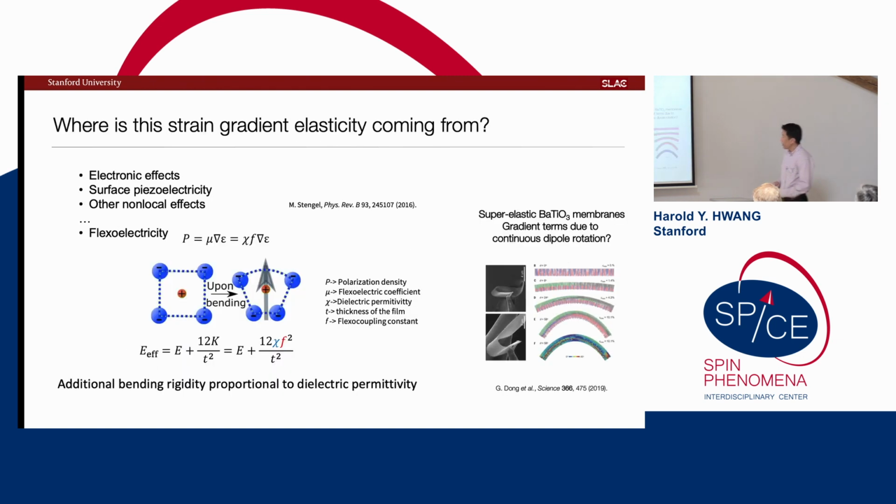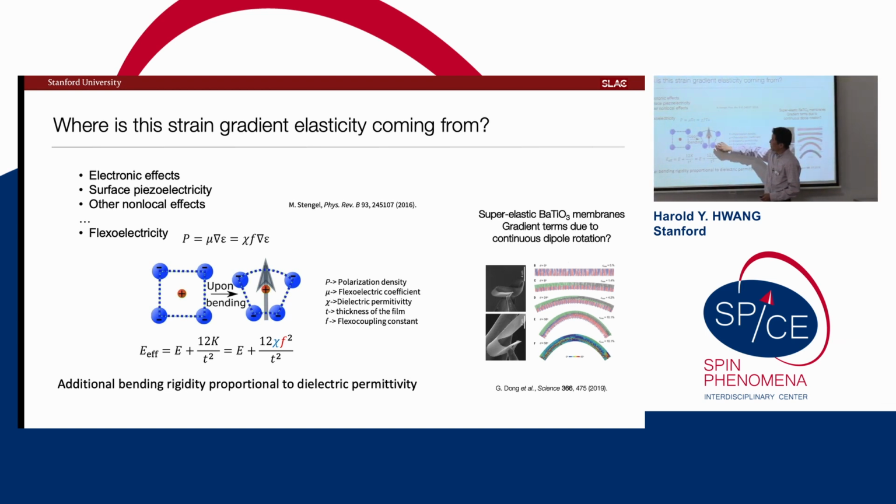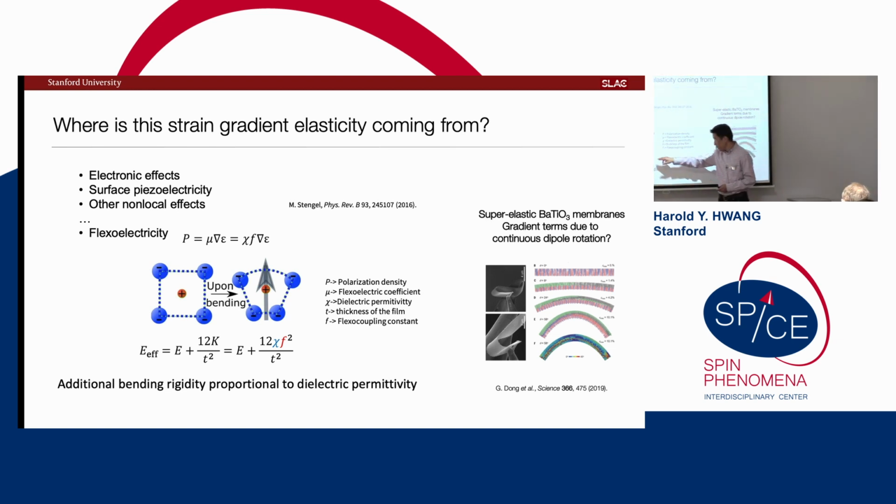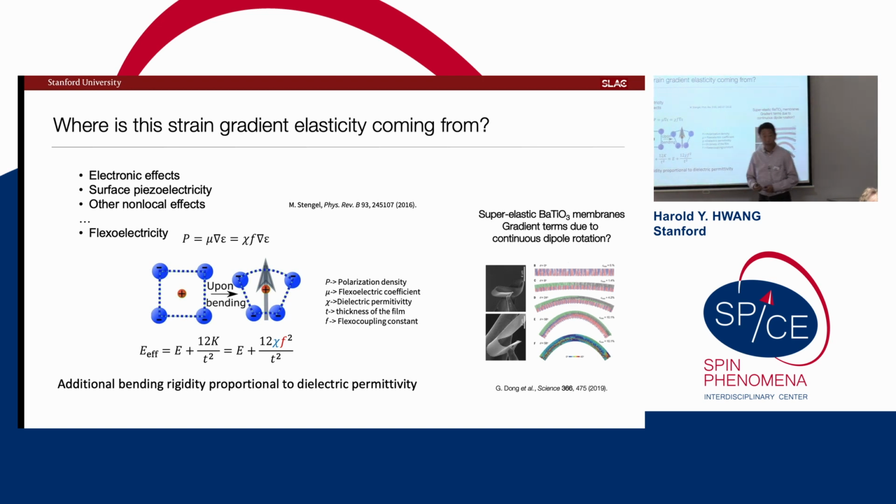What do we think is happening? There's all sorts of things that could happen. I think my time's up. We suspect that what we're seeing is a dominance of the flexoelectric contribution, the polarization that we induce upon bending. And again, the bottom line story is this gradient term scales very favorably with thickness. So even if it's kind of negligible in a bulk crystal, you can blow it up arbitrarily big if you make a skinny geometry.